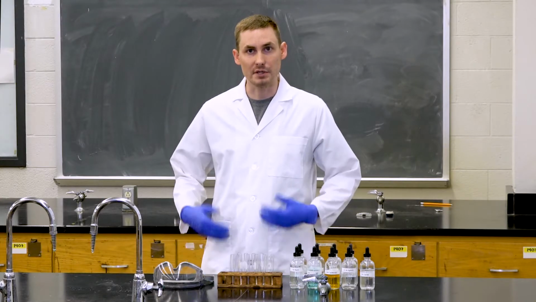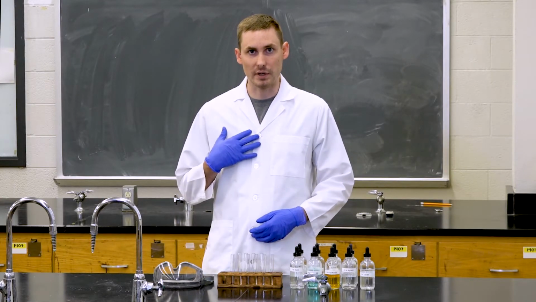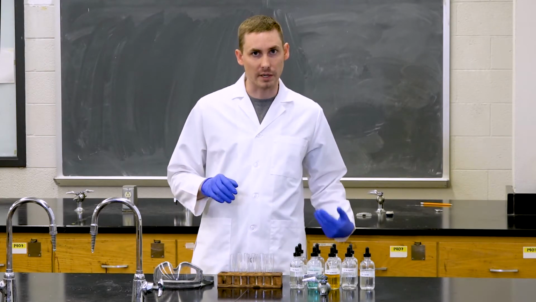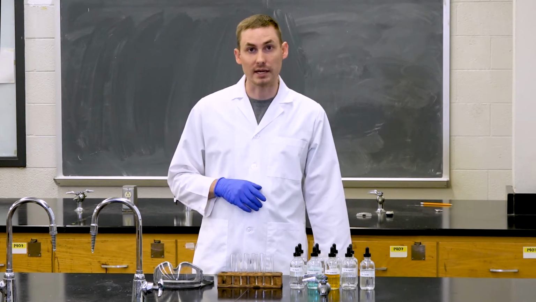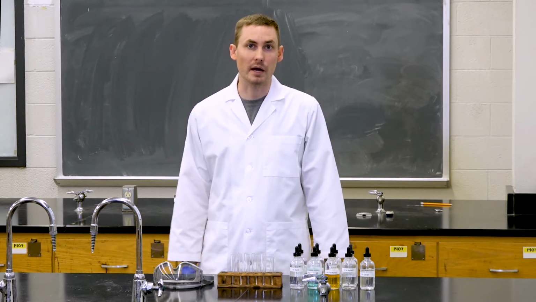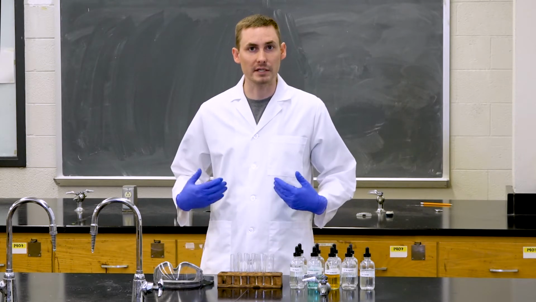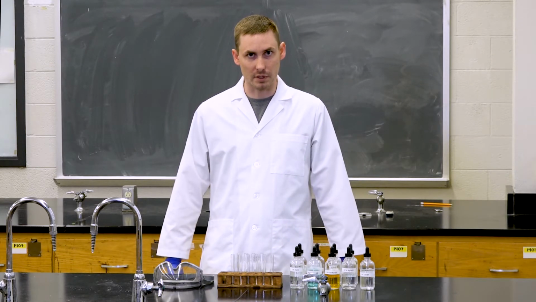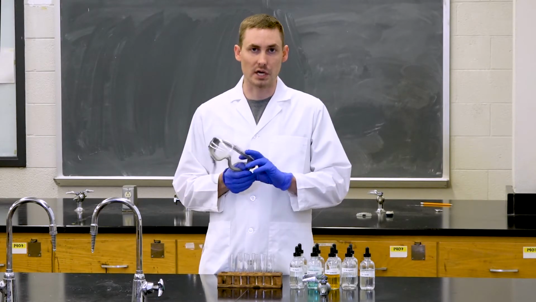So now that we've talked about the theory of this lab, we're going to talk about safety. Safety always comes first in the laboratory environment. For this lab, you need to make sure you're wearing your lab coat buttoned all the way up, you're wearing gloves, you're wearing pants that go all the way to your ankles and that cover your ankles entirely, and that you'll have closed-toed shoes. We don't want to have any skin showing below our lab coat in case we spill any chemicals. Any long hair needs to be tied back, and you also need to wear some closed goggles for